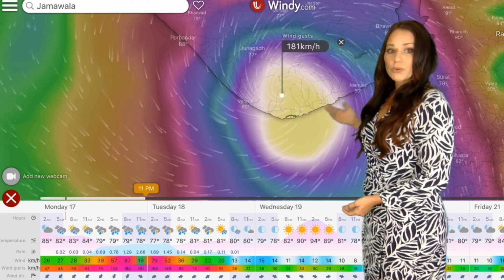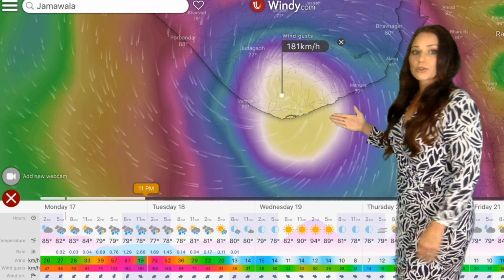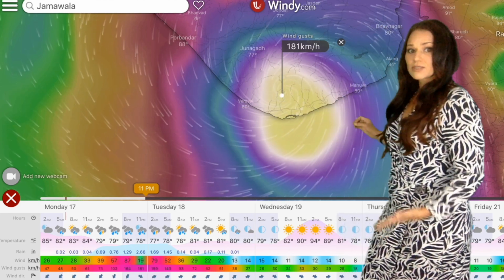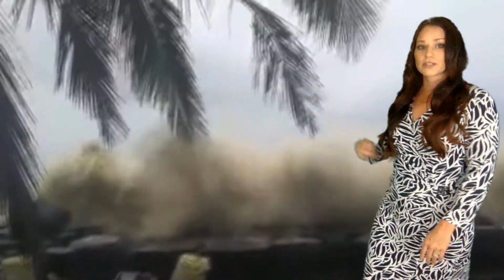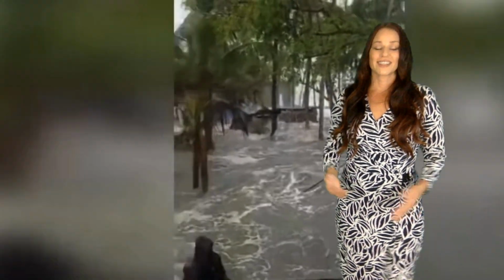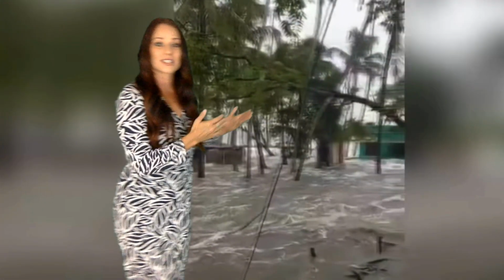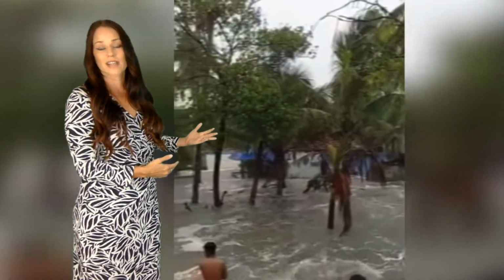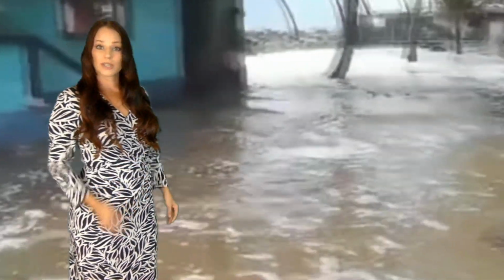So again, with the landfall, I want to reiterate exactly where this model is showing. I believe it could still be a little bit to the east of this where it makes landfall. So anywhere in southern Gujarat, please be ready for scenes like this. It's best to evacuate and get out of the way with the things that are most important to you than to be stuck in this or worse, swept away. There was a man saved in another state just hours ago where